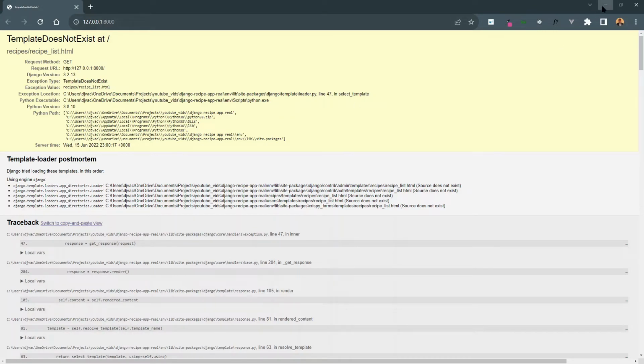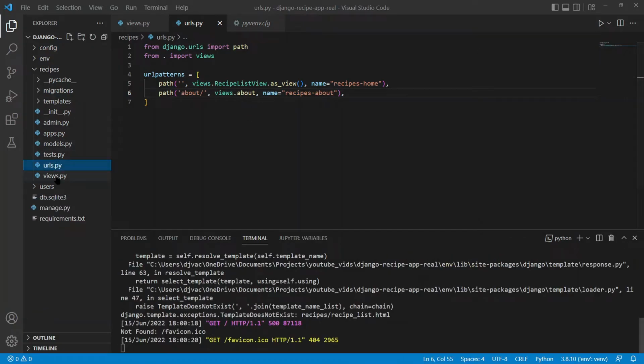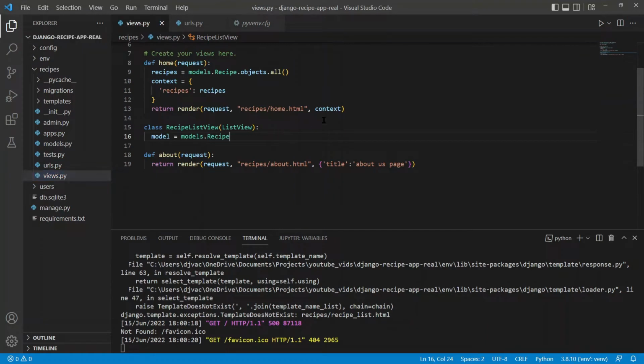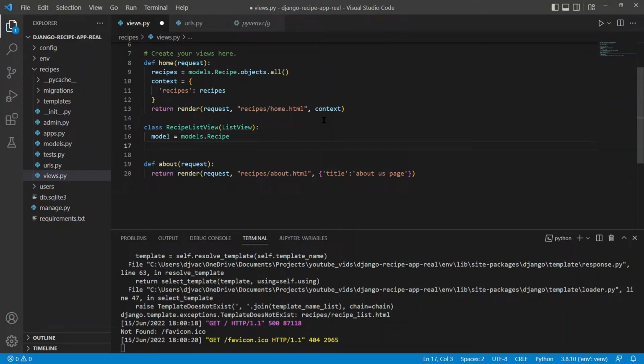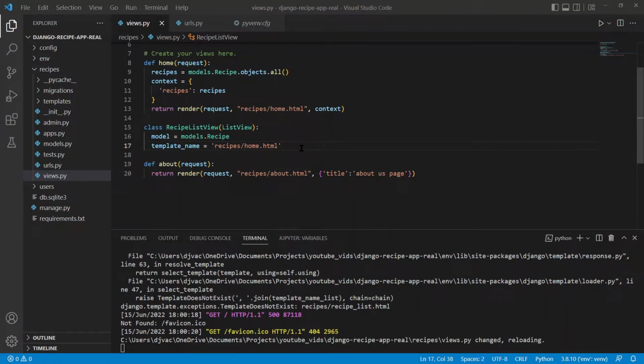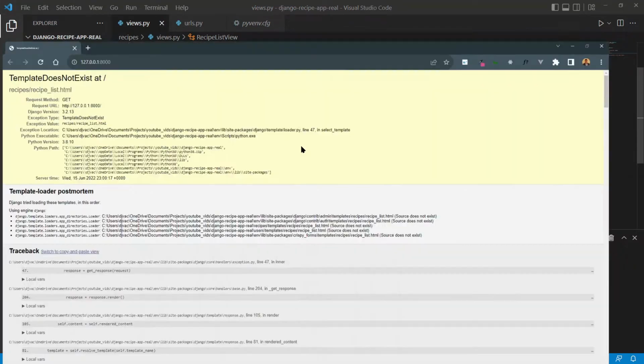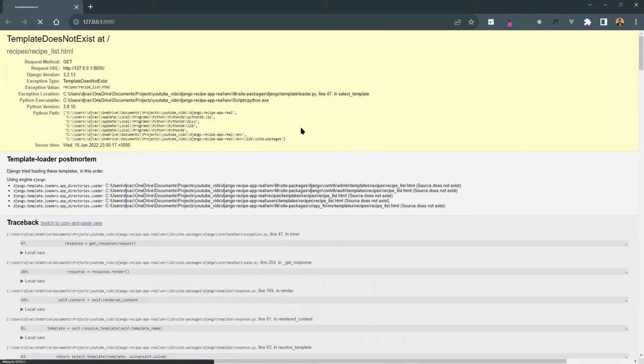And there's a few other things that we have to either change or update, but we'll just update them in our current class. So we can go back to our view, and we can create a few other variables that we can override. So this one can be template_name equals, and then recipes/home.html, just like right here when we were trying to render it. So if we save that and go back and refresh this,